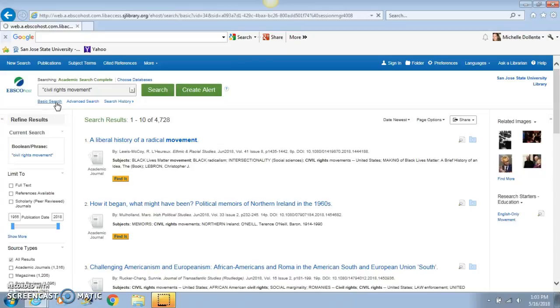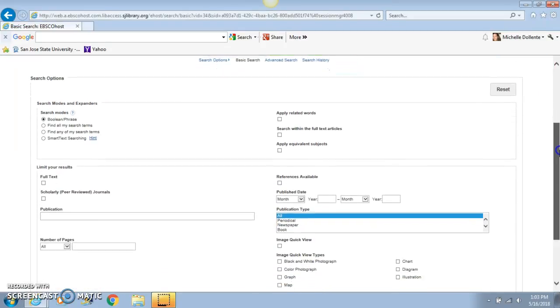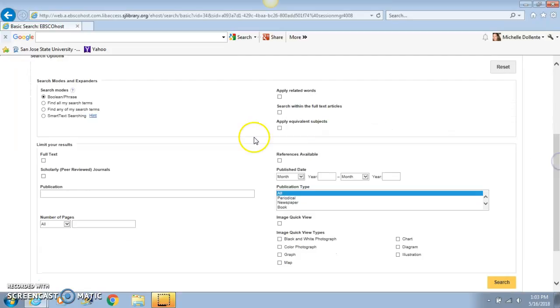So let's go back again and I'll show you a few more things. Let's type in civil rights movement again with the quotation marks, and then we're going to scroll down to the search options. Under search mode, you can go ahead and leave that at Boolean phrase because you are searching for the phrase